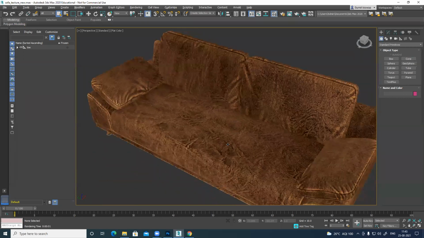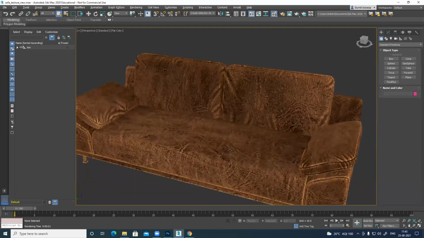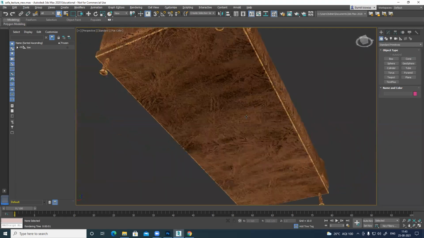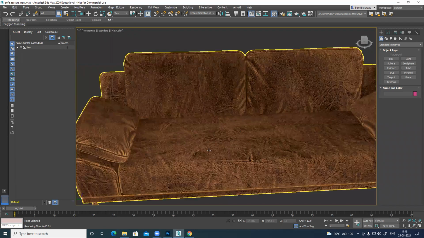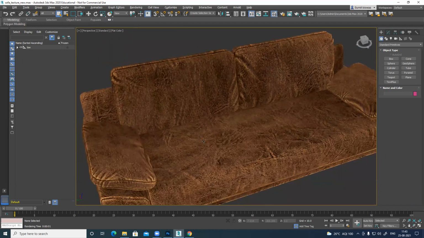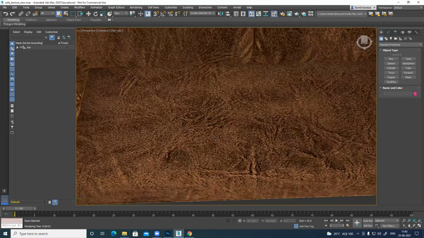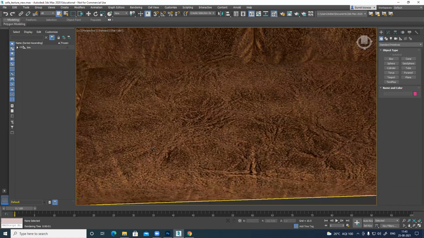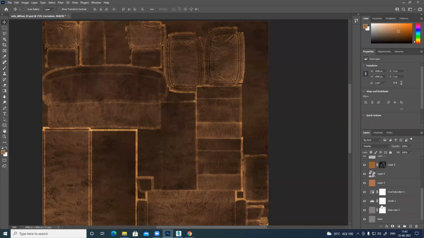So now you can see all these details, but now I feel this detail is very prominent, way too strong. From a distance it looks like leather only. I have all this nice color variation, cracks and everything, but it looks way too strong. So to balance this out, I have to reduce the intensity. So this base texture, I feel if I reduce it slightly, it will blend nicely. But this is something we have to experiment with. Whatever works for it works.